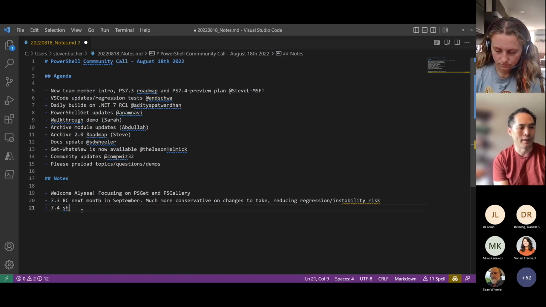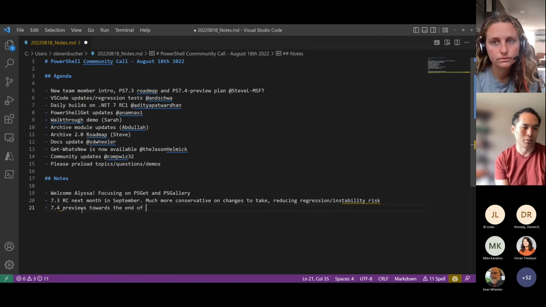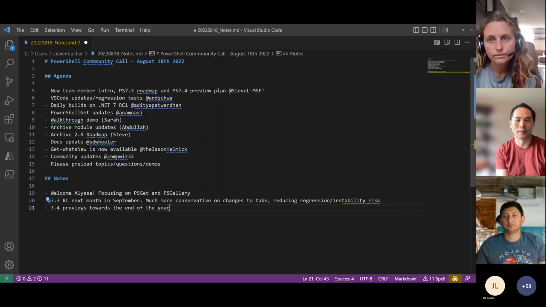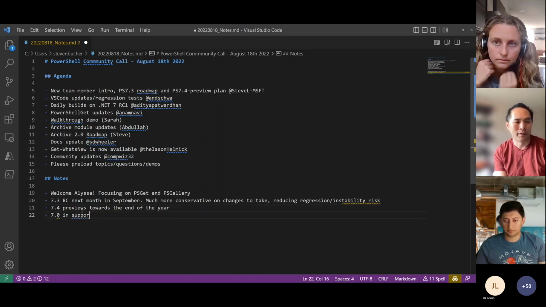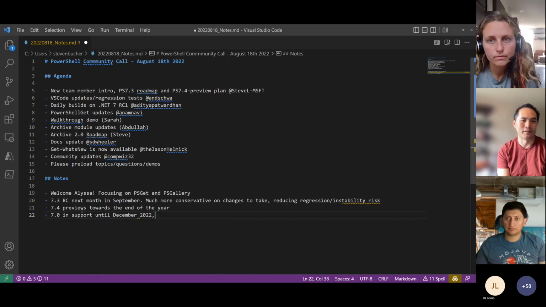I think one of the challenges we have on the team is that we now have multiple concurrent releases. Remember that even though 7.1 is out of support, 7.0, I believe, is still in support till December, I want to say. I'd have to check. Yes, December. So that means that if there are any fixes we have to take from .NET, for example, or even fixes from ourselves that we need to backport, we would have a 7.0, a 7.2, a 7.3. And so if we introduce a 7.4 preview, that's like 4 releases in a month, and that's just a lot of work.